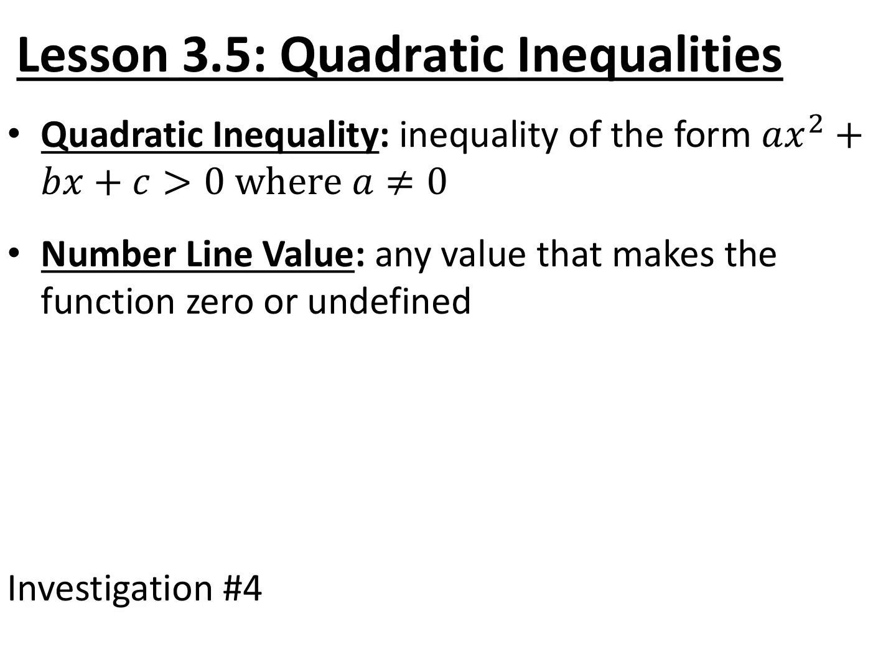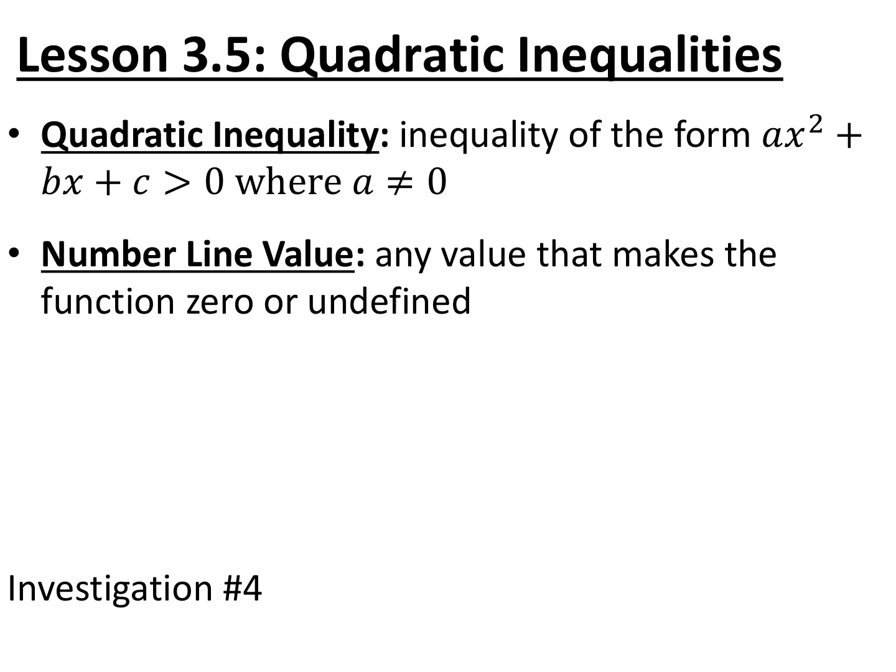Lesson 3.5 is quadratic inequalities. A quadratic inequality is an inequality of the form ax squared plus bx plus c is greater than, less than, greater than or equal to, less than or equal to 0, where a is not equal to 0. Notice that it's 0 on one side, just like when we solve quadratic equations, it always has to be equal